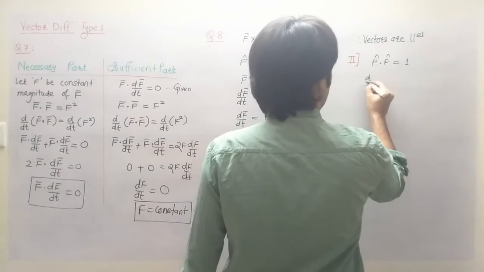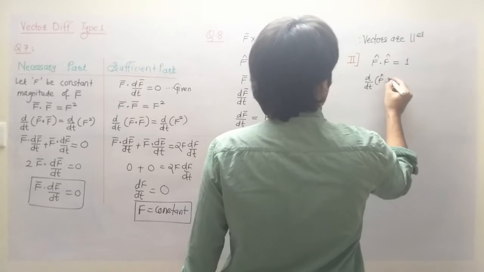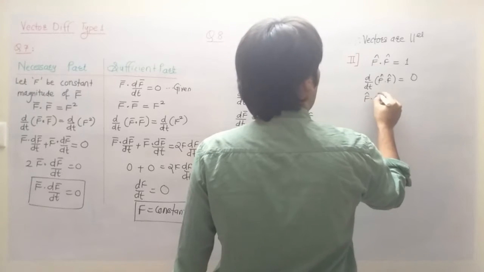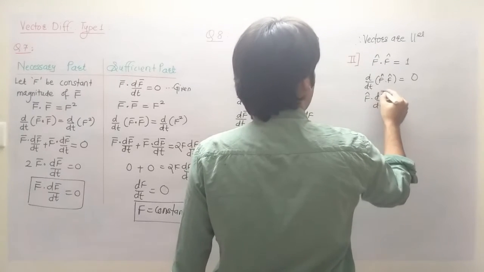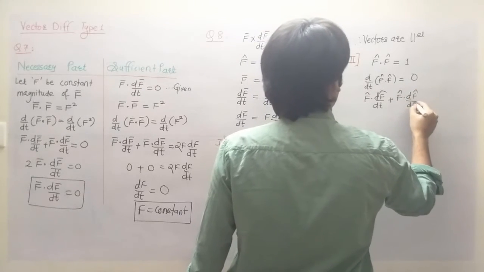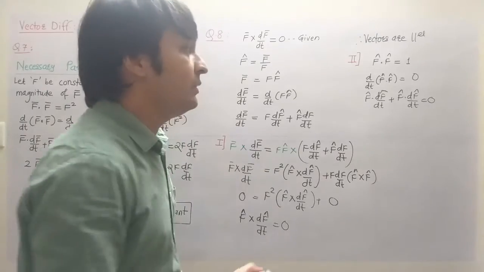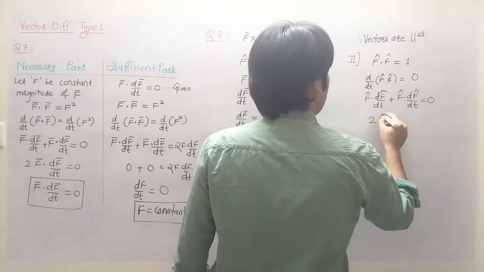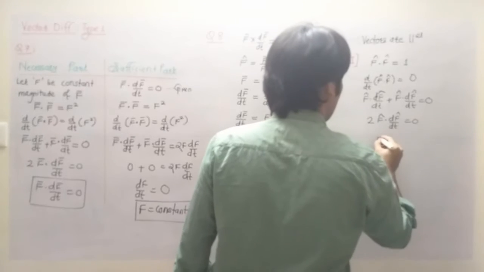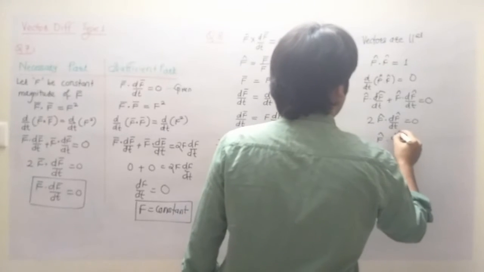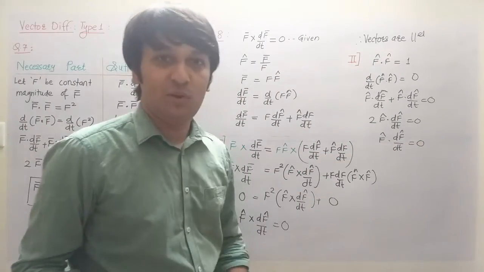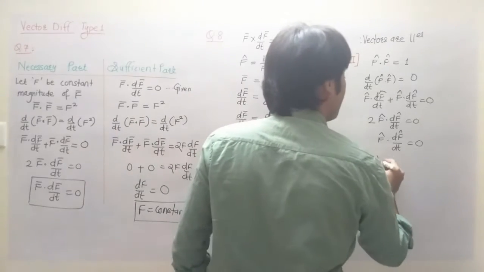Take derivative. So d by dt of f cap dot f cap is equal to derivative of 1 is 0. So u bar dot derivative of v bar, correct, this is cap, plus v bar dot derivative of u bar is equal to 0. Now it's twice f cap dot df cap by dt is equal to 0. So 2 will be 0. So f cap dot df cap by dt is equal to 0. Now dot product is 0. If dot product is 0, then vectors